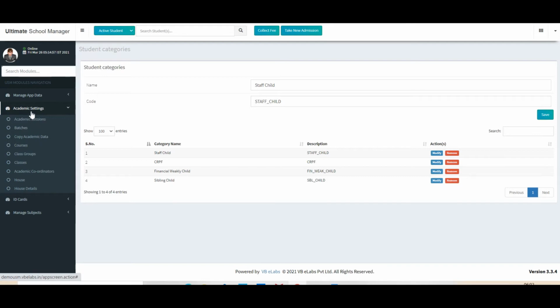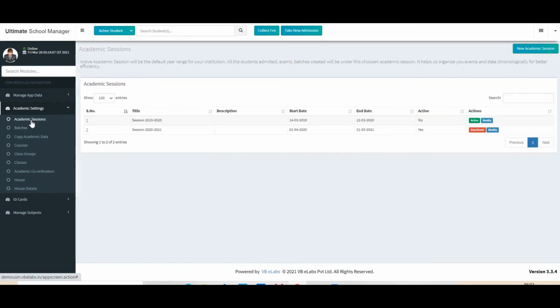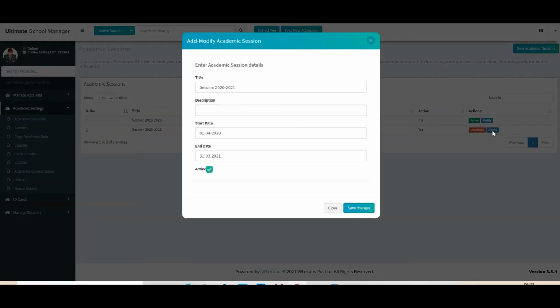Now we go to the academic settings. Here we define everything that is related to our academic, class and subject related data. So here, for example, we define what our session is. Academic session, for example, when it starts and when it ends, what would be considered as one full entire session. So here we can modify the start date and the end date and activate it. Along with the description, if you want to put, there is an optional field.